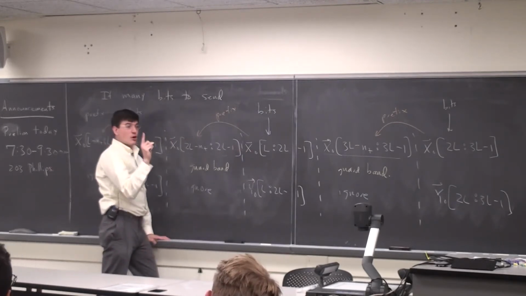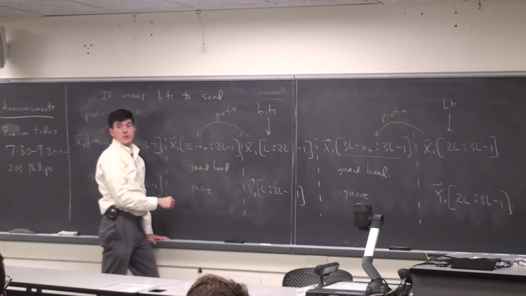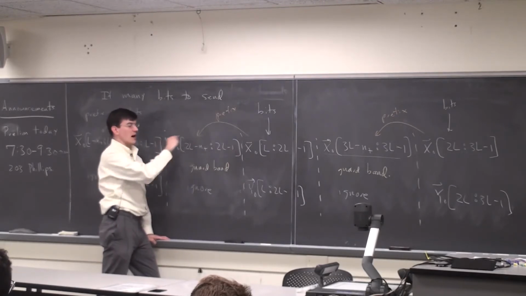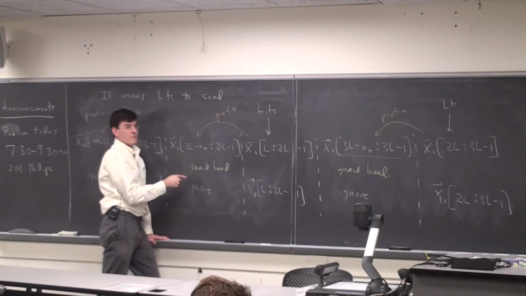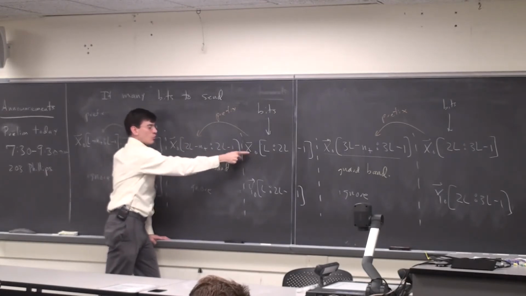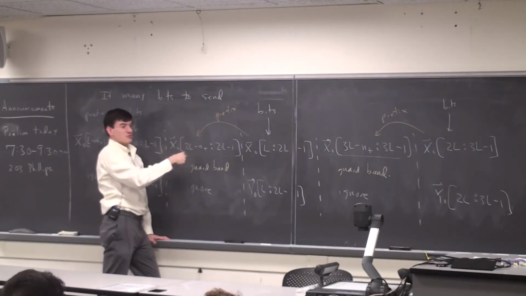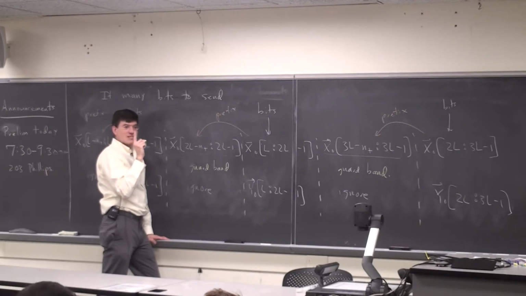If that's all it's doing, if that's the reason why you have this guard band, I could put zeros here equally well, right? So long as I space them out enough, I'm fine. I don't have clobbering then. If you think of this as purely a guard band, just protecting this one from the effects of this one, I could put lots of stuff here. I could put zeros, you could put garbage, anything. But the point is it's not doing just that.